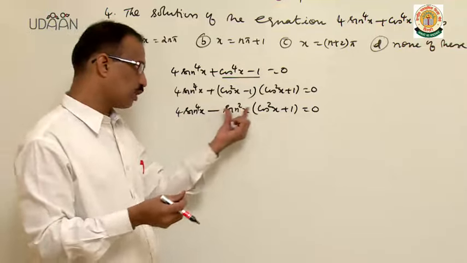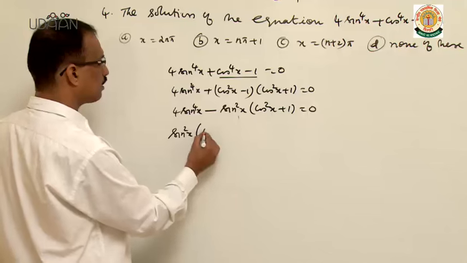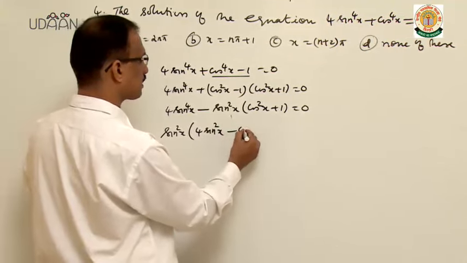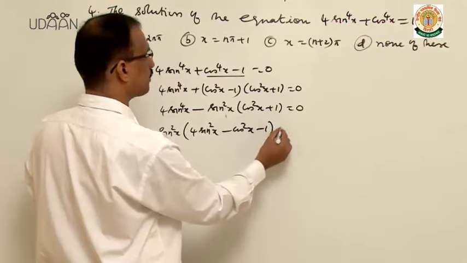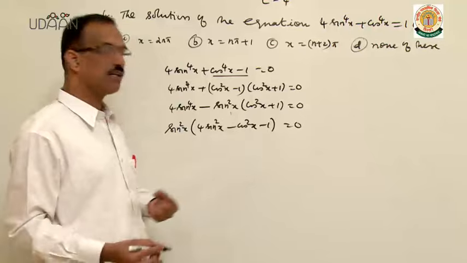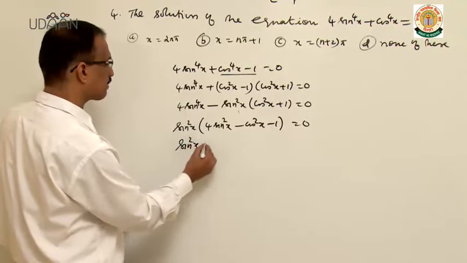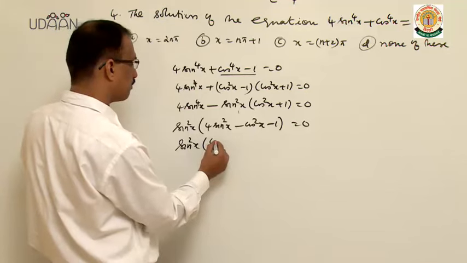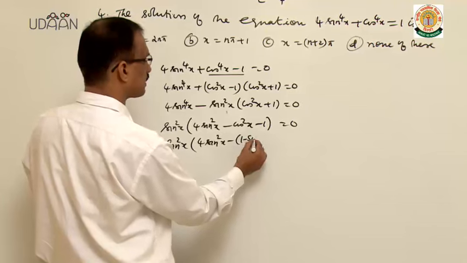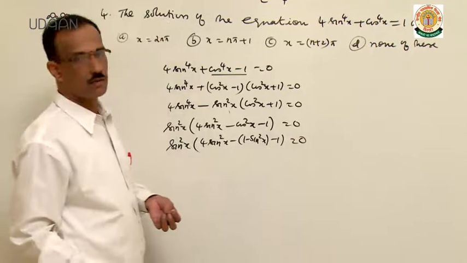Now from these two you get a common sin square x into 4 sin square x minus cos square x minus 1 equals 0. Again, this cos square x also you can change into sin. So sin square x into 4 sin square x minus of 1 minus sin square x minus 1 equals 0,